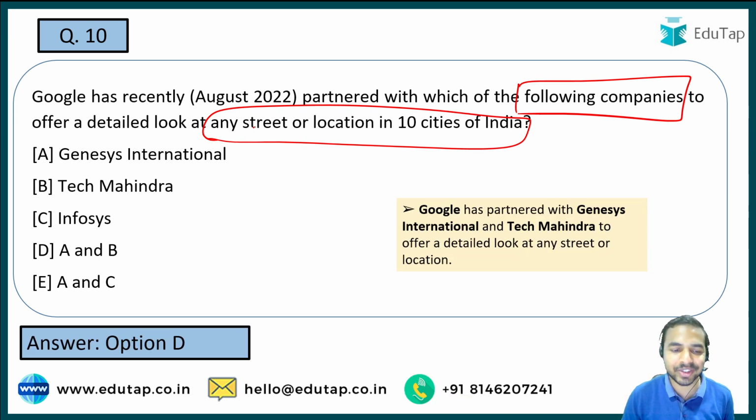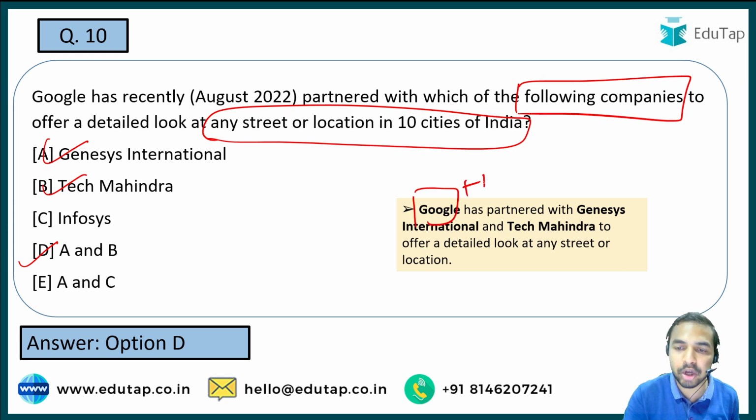So guys, here the right answer to the question is option D, that is both A and B, that is Genesis International and Tech Mahindra. So these are the right answers to this particular question, guys. I hope that this is very much clear to all of you. Now I would like to tell you that there is one more very important point that you should remember, that recently Google along with NASSCOM